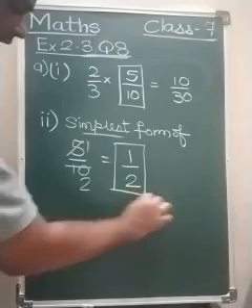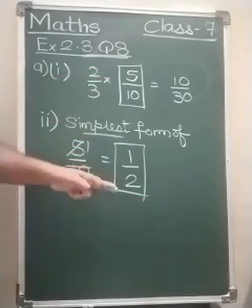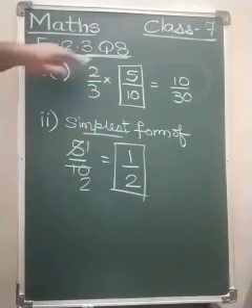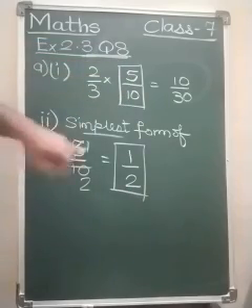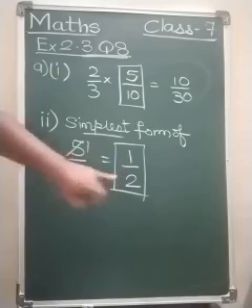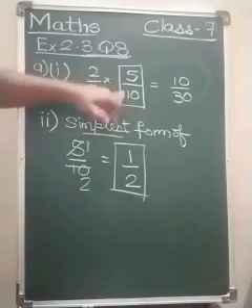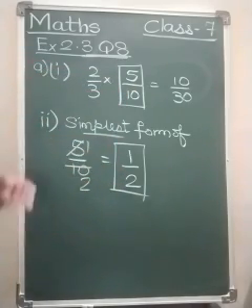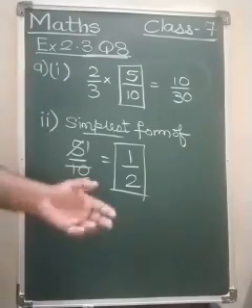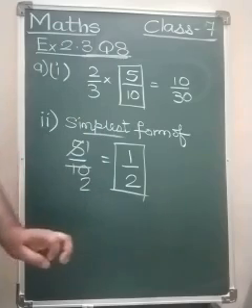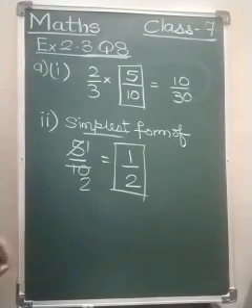So these are two answers that we have to write. For the first question, the answer is 5/10. For the second question, the answer is 1/2. For A question, first and second, 5/10 and 1/2. B question, you have to solve in your textbook only. So be very careful while solving this sum. Thank you very much.